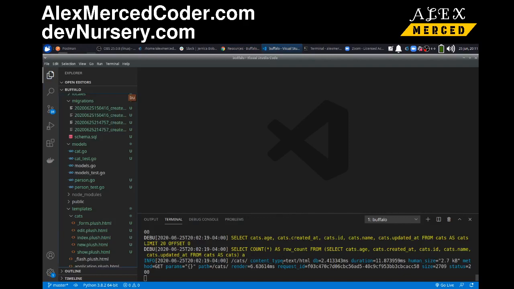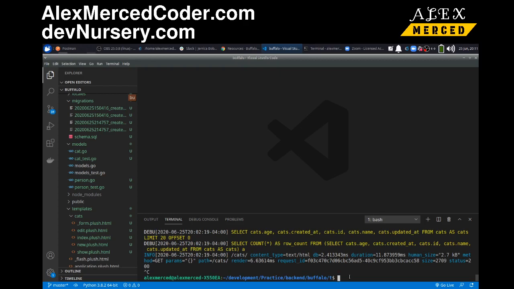Let's just see it in action. Let me kill the server for a moment. I tested this out with a model called cat, so we're going to create dogs. We're going to do buffalo generate resource. We're generating a resource, and we're going to call it dogs. What you want to do here is name any special properties, and you do save yourself some trouble if you do it now. By default, it'll assume string. So if I just do name